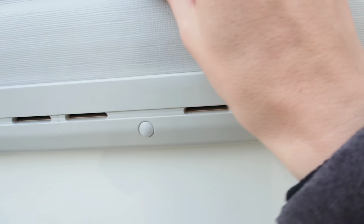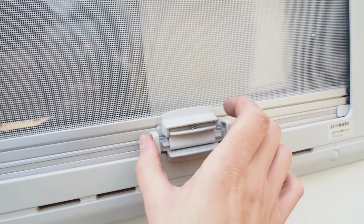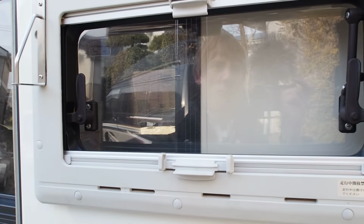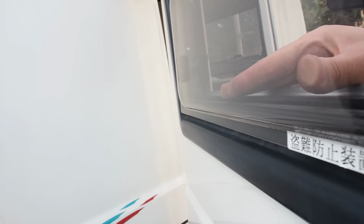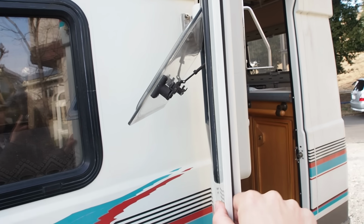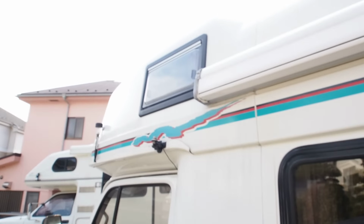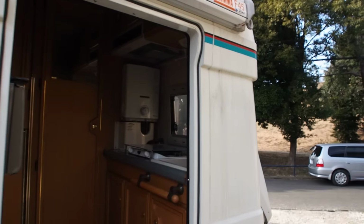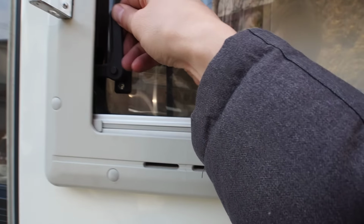complete shutter that you can close, and kind of hard to do it one-handed. And oh, I know why. You have to do it like this. There we go. You can close it, and then you get the bug net there, or you can have no bug net, and they all open, like pull these down both sides, and then it pops out like that. And so they have these style windows here on the door, and up there, and in the back here. And so all the windows can be opened. Just going to close that,